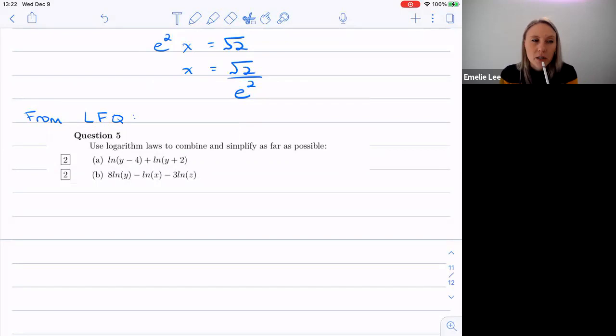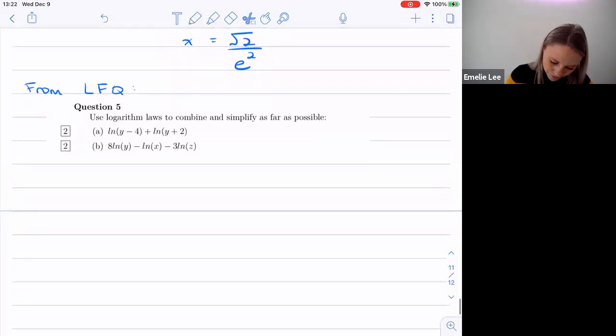We're going to use log laws to combine and simplify as far as possible. That's the kicker here. So if we've got logs of the same base, I suspect that's what happens. So if I have logs of the same base, you know, you can